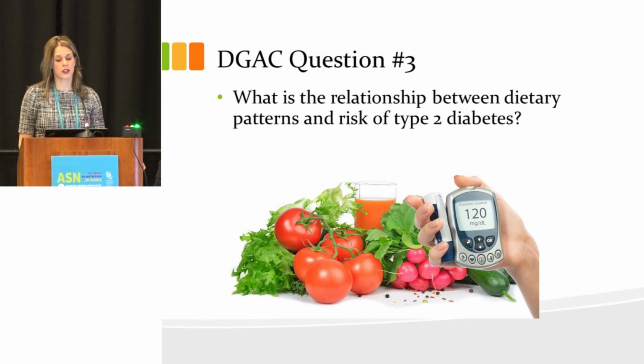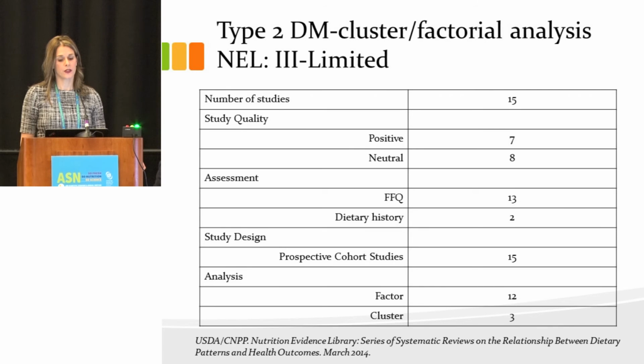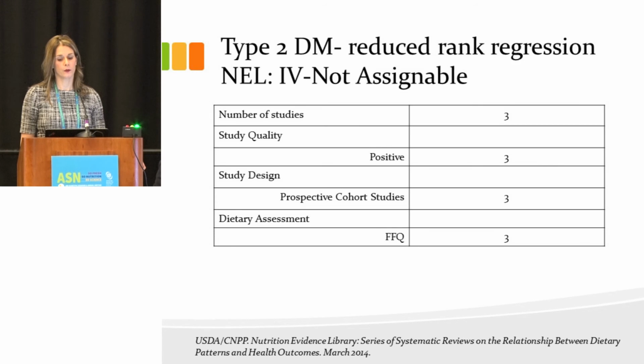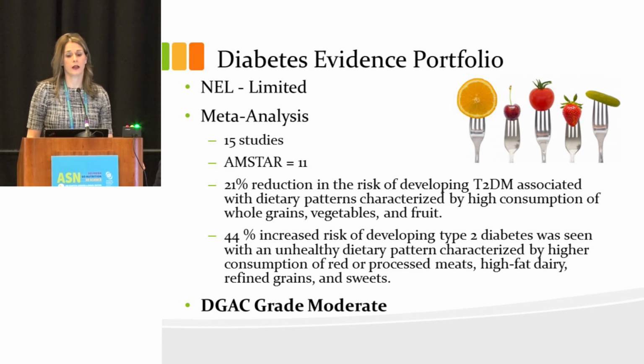Finally, what is the relationship between dietary pattern and risk of type 2 diabetes? Using scores and index, the NEL found there was limited information. Similarly for factor and cluster analysis, and not assignable for reduced rank regression. However, the Dietary Guidelines Committee elevated this to a moderate level of evidence based on a meta-analysis of 15 studies that indicated a 21% reduction in diabetes with a pattern